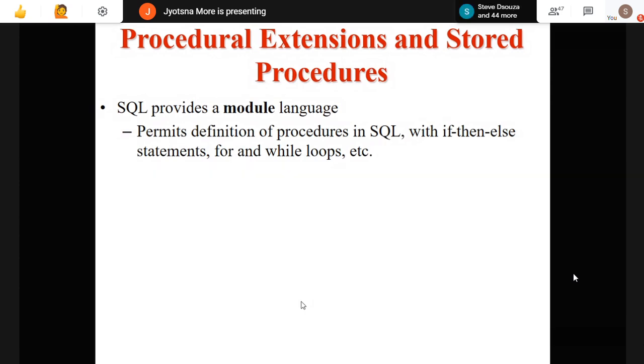SQL provides this language where you can perform module-wise. A particular module, a complete module, you will execute together, right? So it permits definition of procedure in SQL. Here, when we are learning SQL today, procedure, function, for all these, you already know that you have studied if else, while loop. All these are nothing but a part of this. You require this somewhere in this type of coding where we are using SQL. So for that you require if then else statements and while loop in the procedure body.